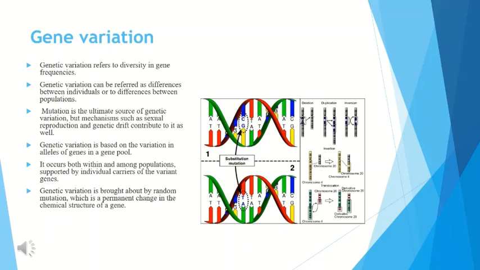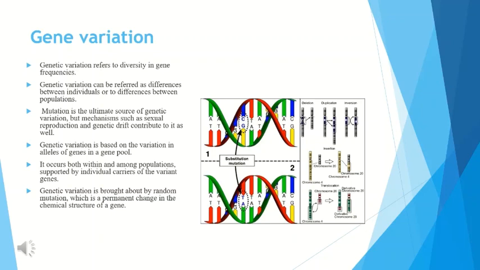What is gene variation? Genetic variation refers to diversity in gene frequencies. Genetic variation can be referred to as differences between individuals or differences between populations. Mutation is the ultimate source of genetic variation, but mechanisms such as sexual reproduction and genetic drift contribute to it